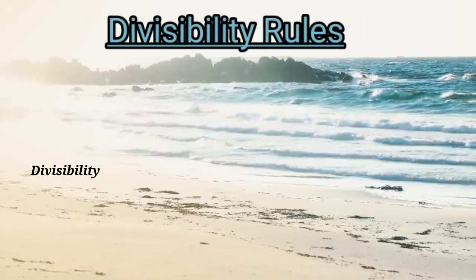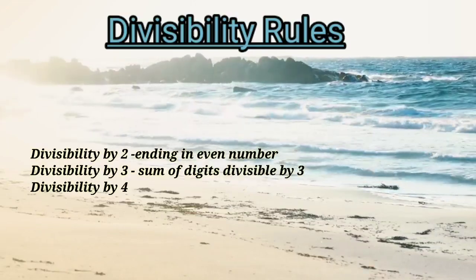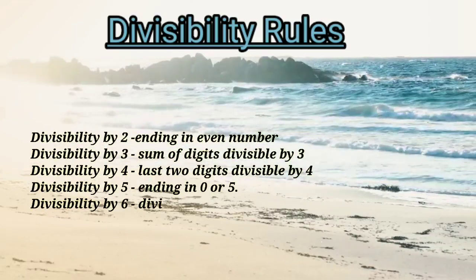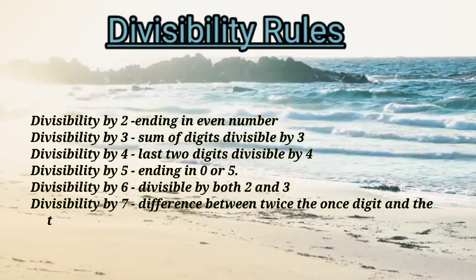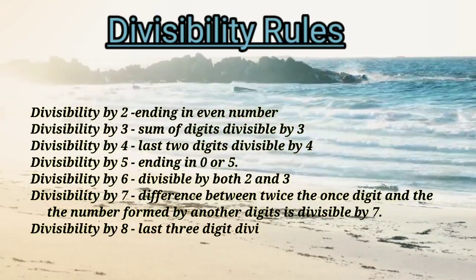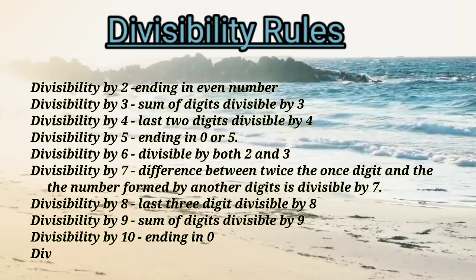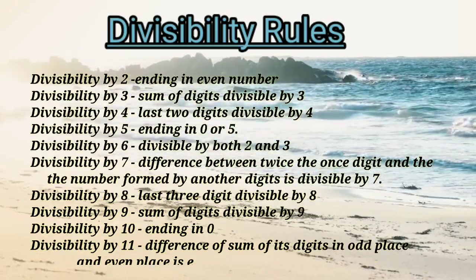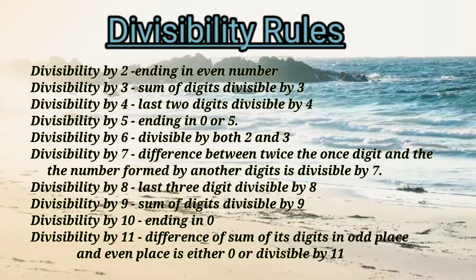In short form we will see: divisibility by 2, ending in an even number; divisibility by 3, sum of digits divisible by 3; divisibility by 4, last two digits divisible by 4; divisibility by 5, ending in 0 or 5; divisibility by 6, divisible by both 2 and 3; divisibility by 7, the difference between twice the one's digit and the number formed by the other digits is divisible by 7;